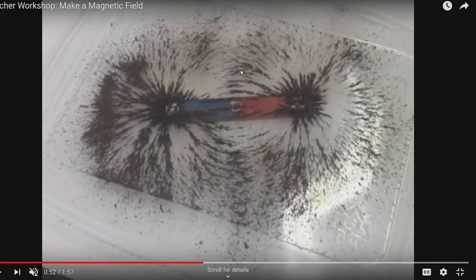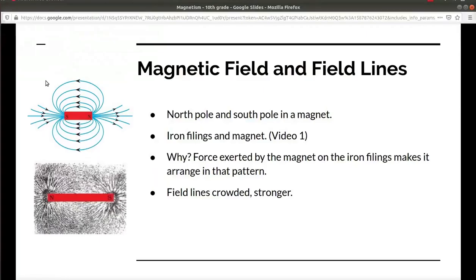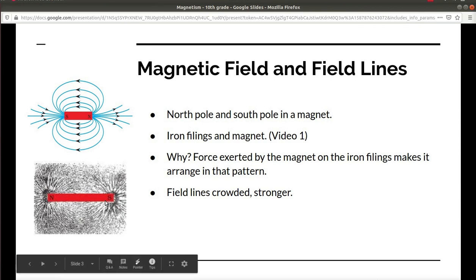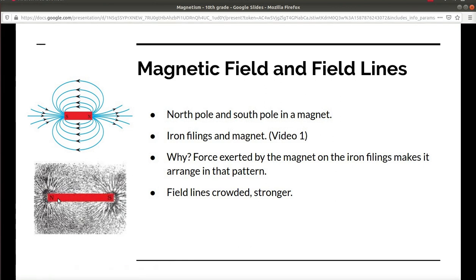So when he put iron dust around the magnet, these lines were formed, and you see how it is closer near the edges and all that. I want you guys to remember this, okay? So in the video, something like this picture is what had happened, correct? There was a lot more iron dust near the edges and lesser iron dust in the middle, but that lesser iron dust made lines, right? Like how you can see in this drawing. So the lines are going from north pole to the south pole.